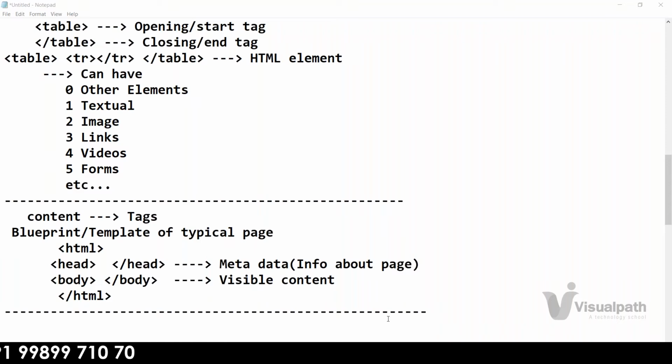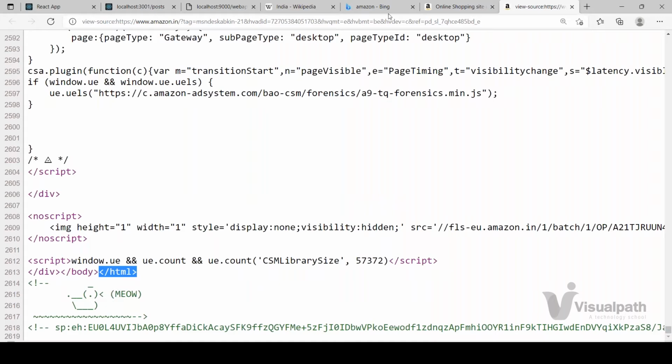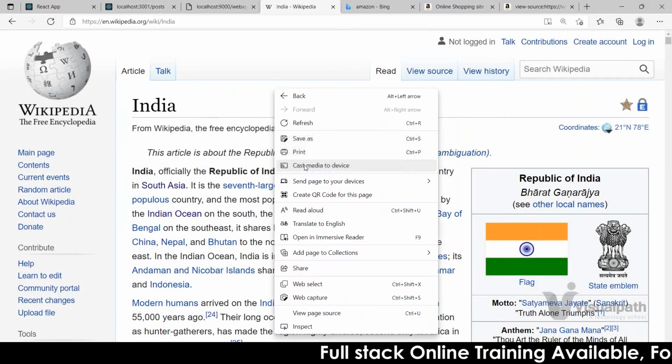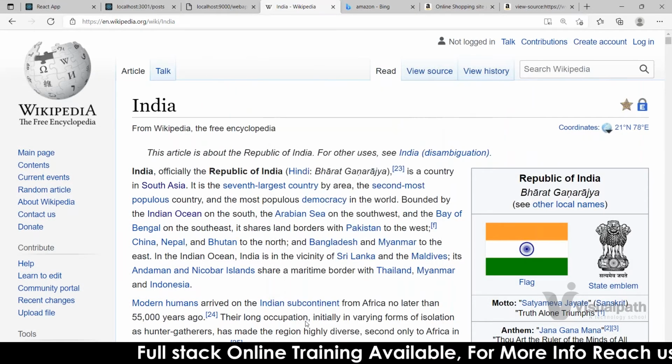So any web page you take will be following this. Not only that, you take anything. For example, here some Wikipedia page is there. Okay, here just open this.